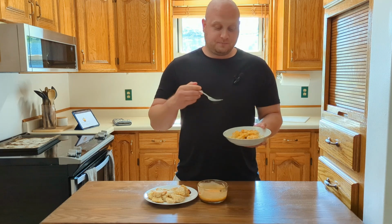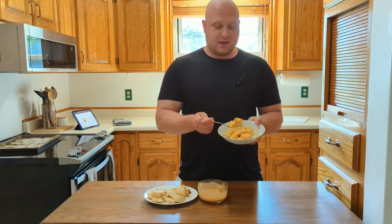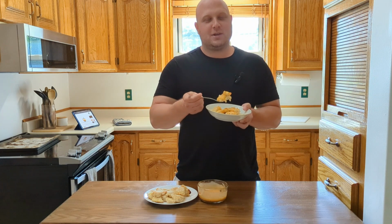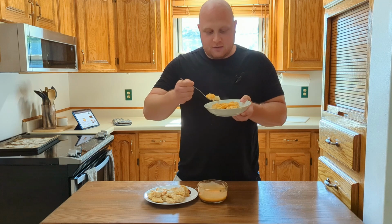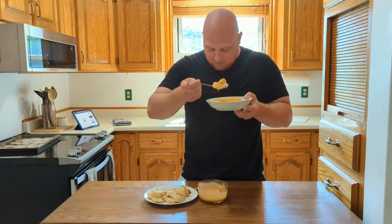Now I'm gonna try just it on top of rice. I thought this was like a weird combination for some reason, but I guess you have spicy mayo with sushi, so I guess it makes sense. But I've never knowingly or intentionally made rice with any type of mayo, but